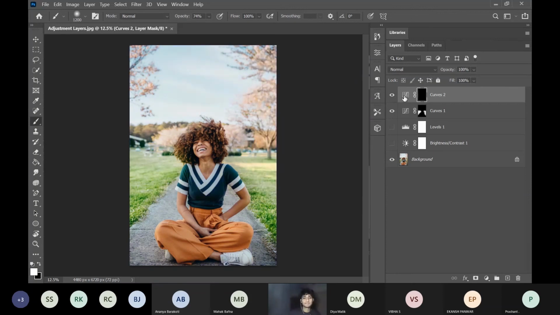and Control I, because I want to have that effect only on this part, right? Because the sky is blue, so why deal with green color in terms of blue? So same, I have selected my white color here. If you observe, if I press X, my color is toggling, and these are default colors, right? For now, I want to have my white and color it up, and just a bit,